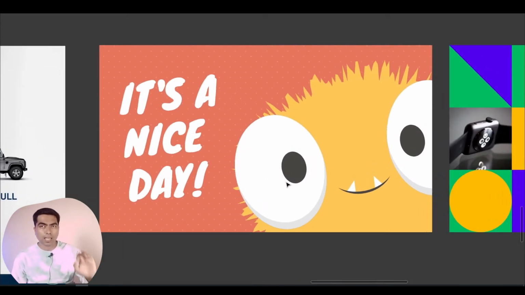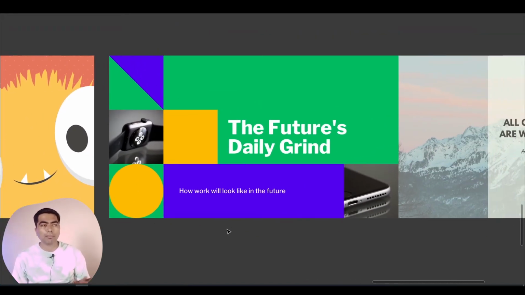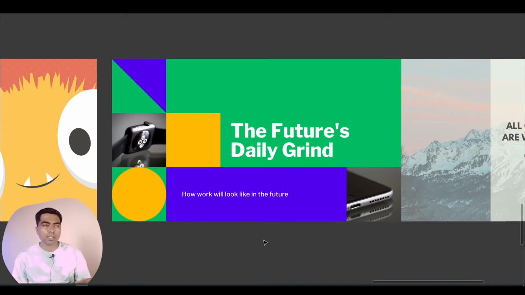Now in case you are making for kids and you want big illustrations, you can use the rule of thirds. Like in this case, one third of the part is for the text and two thirds is given to the illustration. This is also a good example where different types of images are used, but those are inside a container.